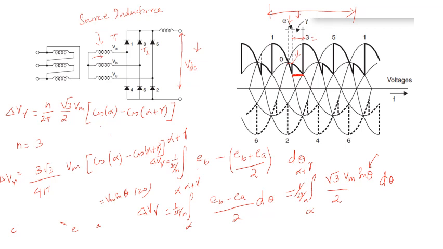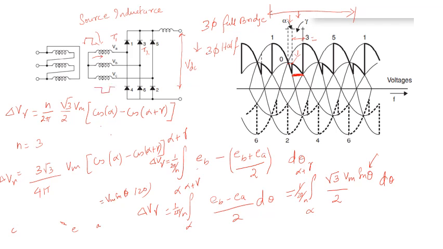Okay, now we'll check the overall voltage, which is affected due to the source inductance. Now one more thing is that we are actually interested in the 3-phase full bridge rectifier. We are not interested in the 3-phase half bridge. Why? Because for a full bridge, when T1 conducts, there will be a positive supply of current that goes from here and goes to your supply.